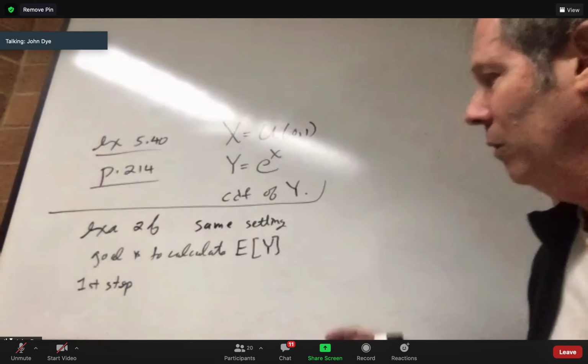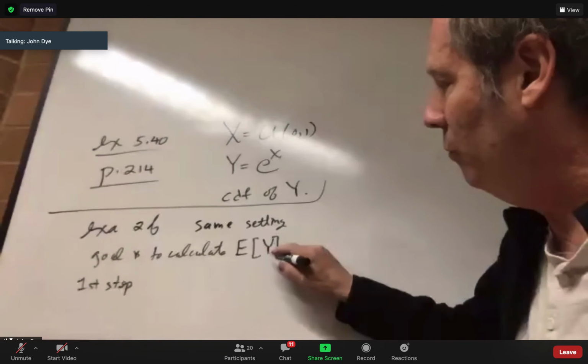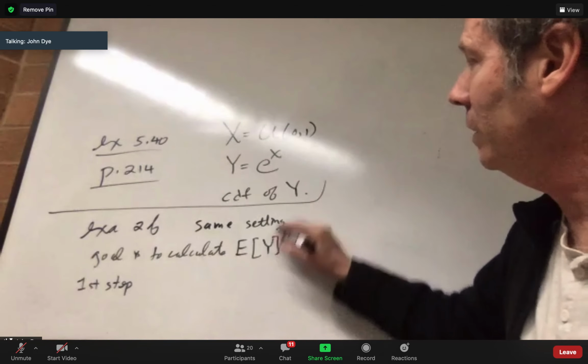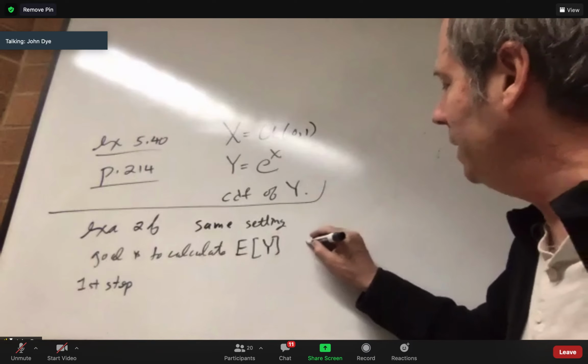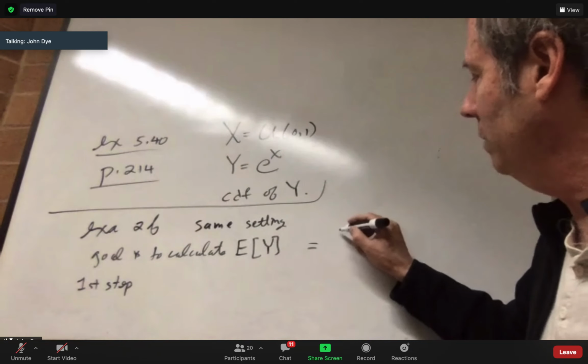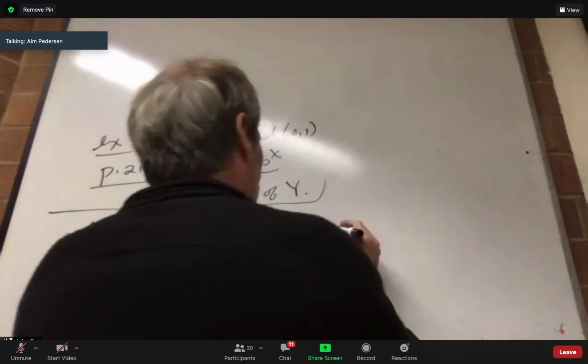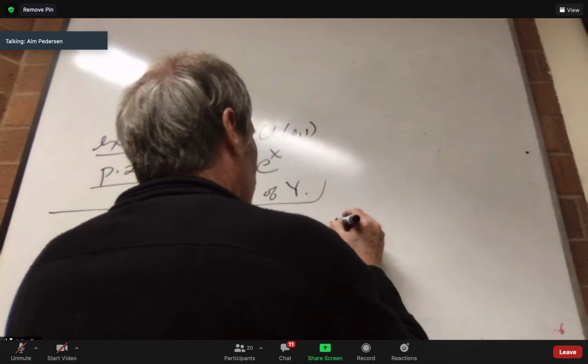If you wanted to calculate the expectation of Y, where Y is e to the X, by definition, what is the definition? Integral from negative infinity to positive infinity of